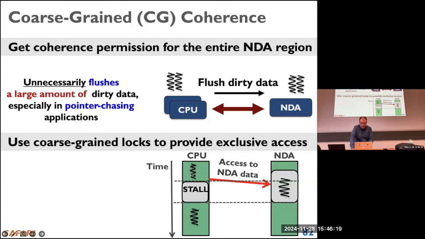So the CPU is running, doing some computation, and NDA is also doing some. So they overlap at some point, but at some point the CPU reaches the region that NDA is operating on. So the CPU requests to access that region, and NDA of course doesn't permit that because we are using this coarse grain block management, coarse grain locks. So as a result, the CPU needs to be stopped, and the CPU can continue when NDA is done. So that's the way of implementing these coarse grain locks, essentially.